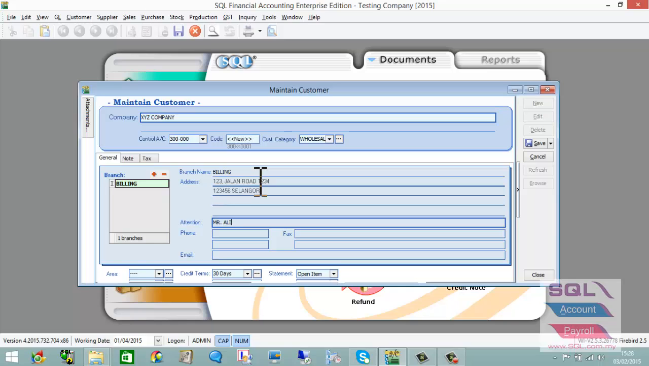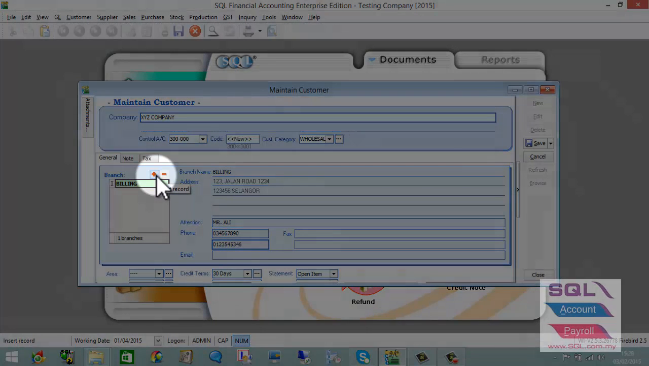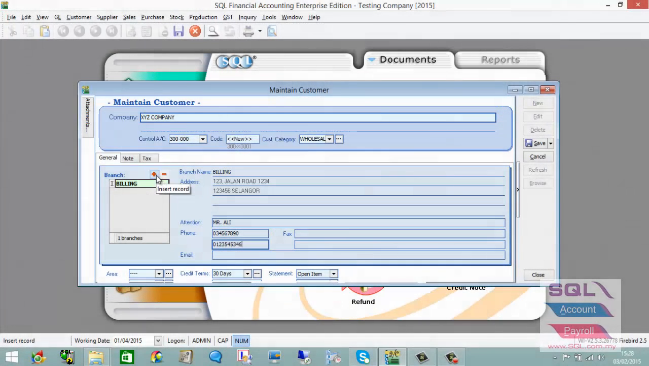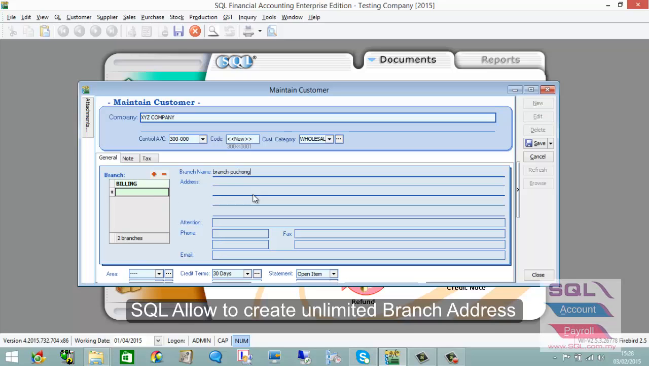Mr. Ali, and perhaps this is Mr. Ali's phone number, and of course you can also input Ali's handphone number. Now what if there is another branch address that XYZ company has? You can add a new branch address,